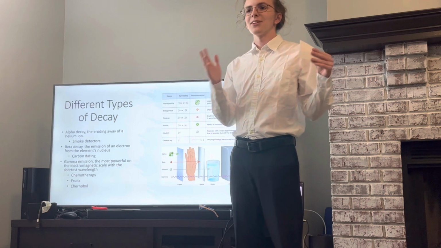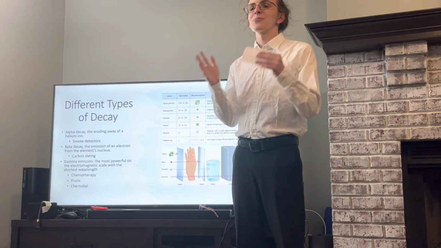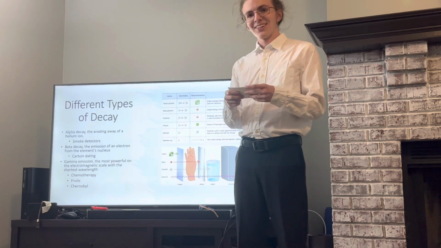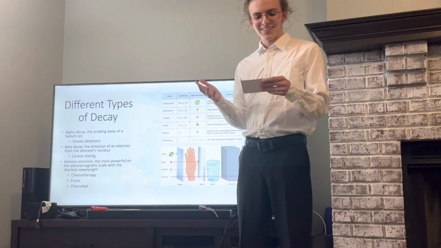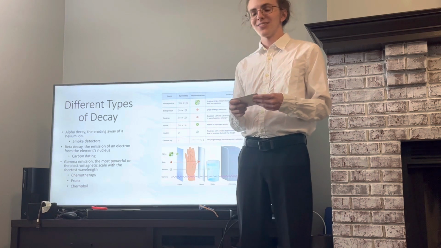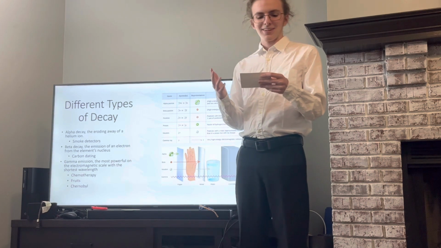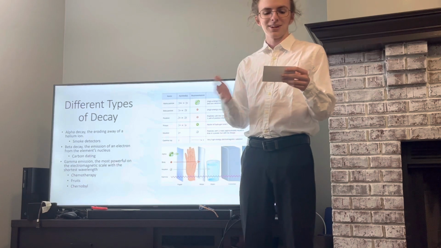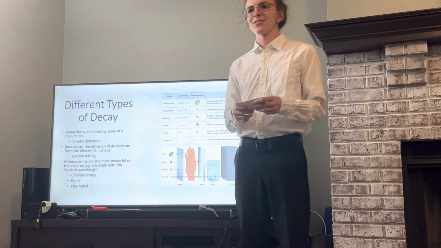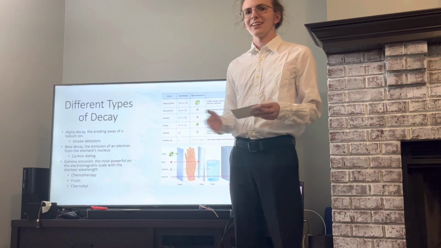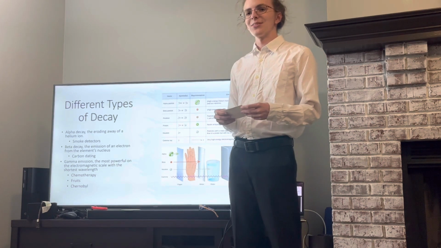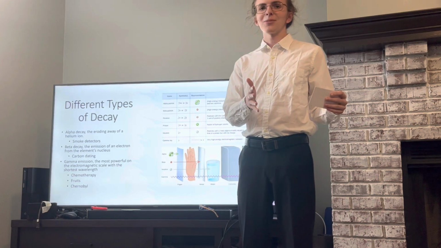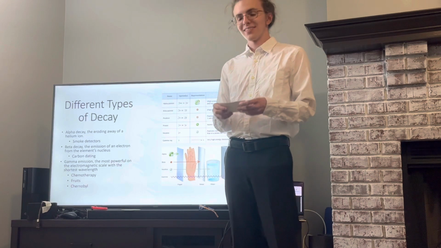It is what happens when a neutron turns into a proton and it releases an electron. There are other types of beta decay, such as positron emission and electron capture, where positron emission produces a positron and electron capture absorbs an electron. And where you can find beta decay is in carbon dating, which is used to date how old something is by taking how much of the carbon has decayed and dividing it by how much has yet to decay.